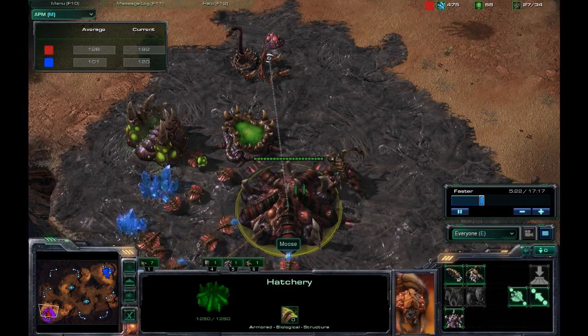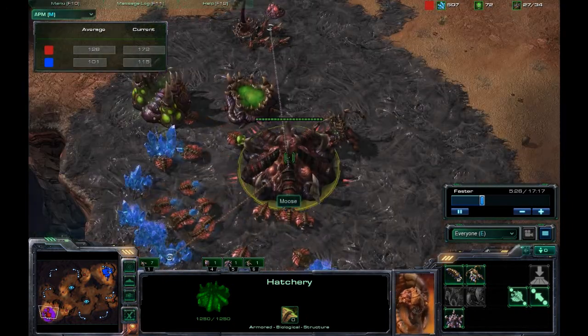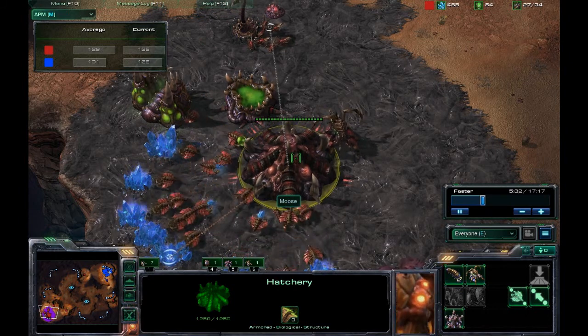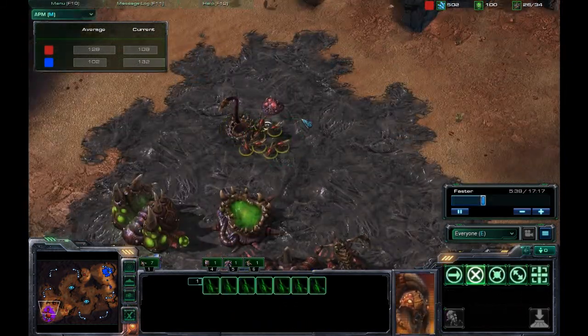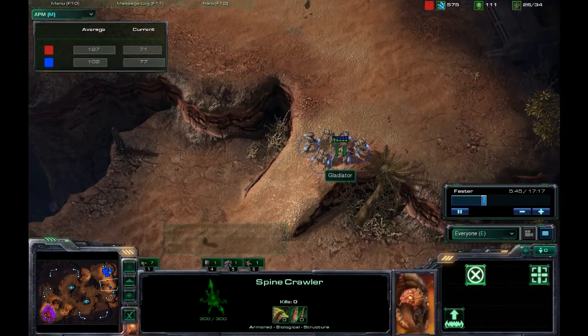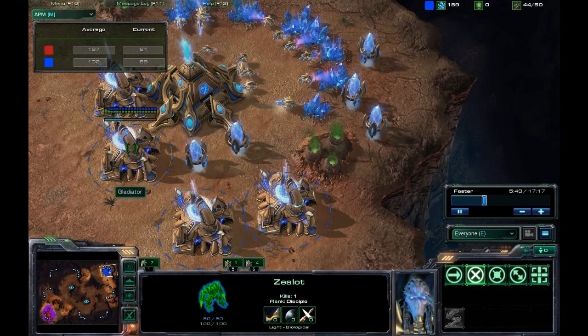And Moose really needs to do some lair pushing here. He needs to get some more gas over here so he can get his lair coming out. So Moose has got a couple of speedlings over here as well as this one spine crawler that's going to take out that probe, and Gladiator knows that he's going to have to deal with the spine crawler as well